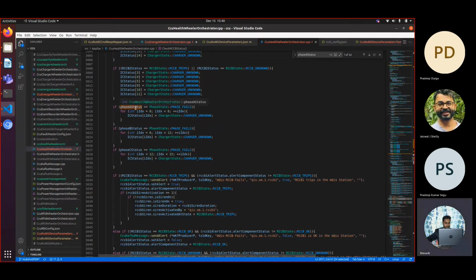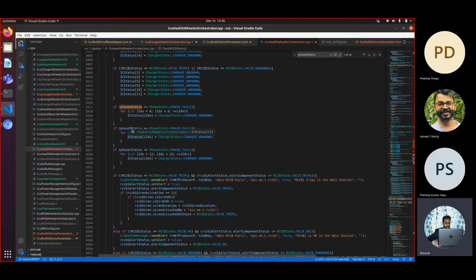Now if we determine that the phase is already failed, then also the charger status will come as tripped or faulty. But this is not a charger status faulty, rather it is a phase status faulty. So in case of phase A, we are setting charger numbers 0 to 6 as charger status unknown.